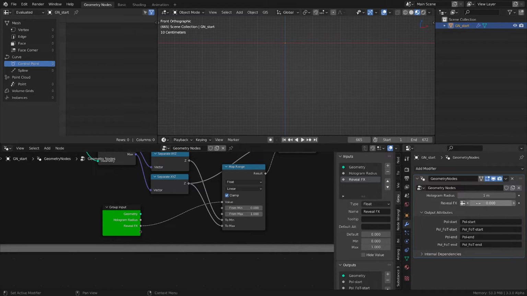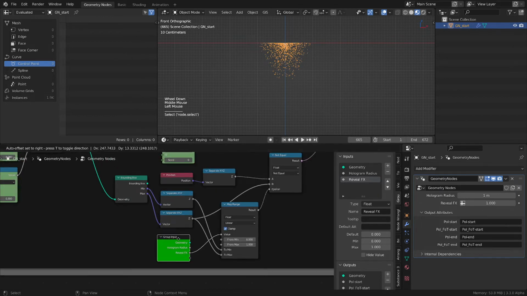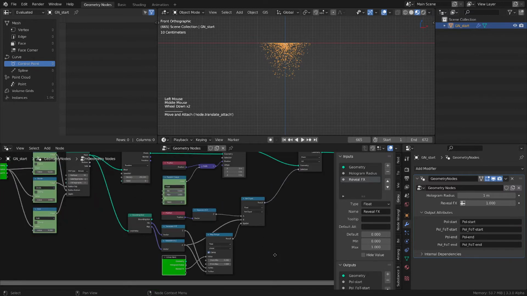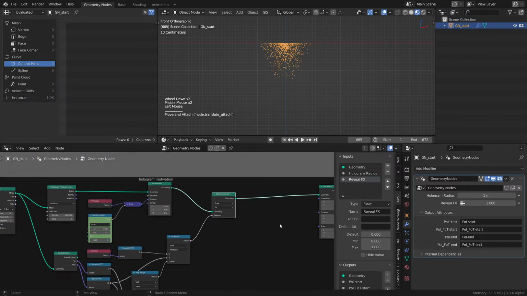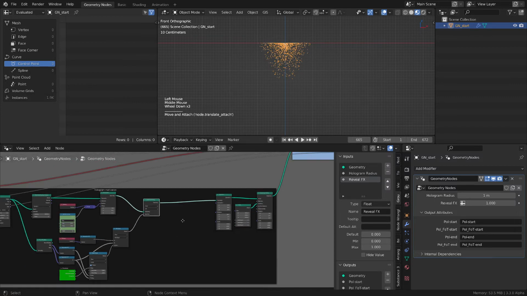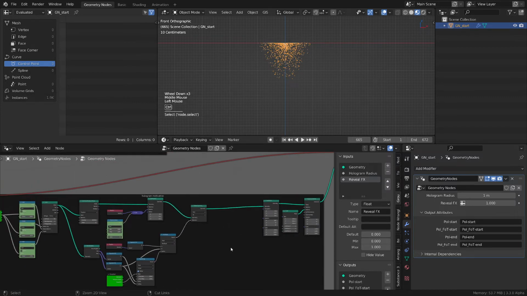And now I have this output here that's going to control our effect. Excellent. So now we finished with this reveal effect in part,